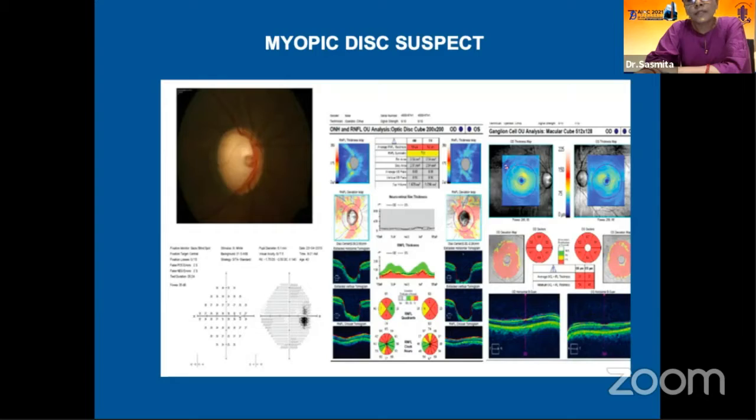And so OCT will definitely show all the red zones like a red disease, but you have to follow up the patient. You have to know the risk factors of this patient. If you have a family history of glaucoma, if there's a raised IOP, and then only decide to treat the patient or not to treat the patient.